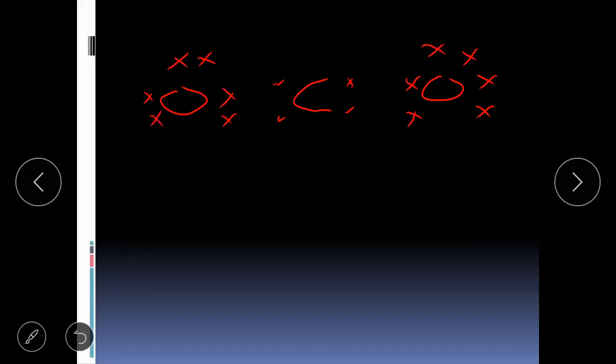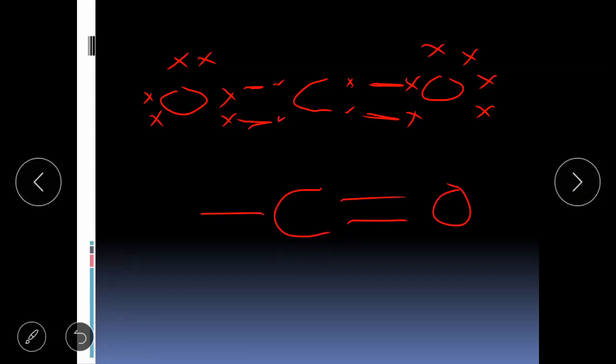So what will happen? This will share, forming a bond. These 2 electrons will be shared, forming a bond. These 2 electrons will be shared, these also form a bond, and these 2 electrons will be shared and they form a bond. So this is how we can write it: there is always a double bond between carbon and oxygen. Okay, so these represent the double bond. So the double bond is formed by the sharing of 2 electrons from each side. This is another example of a double covalent bond.